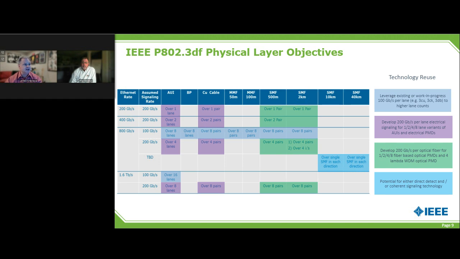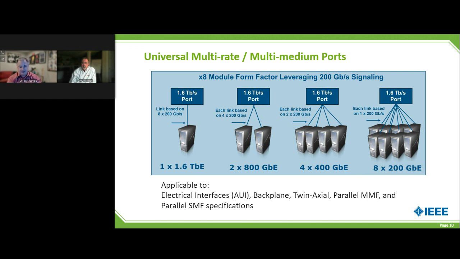But what's happened in the industry is this concept called breakout. So remember, I said we're going to focus in on the 200 gig signaling, and we're going to look at, okay, yep, I have 8 lanes. So imagine you have a port on a box. Don't think of it as an Ethernet port of a single rate. Think of it as a universal port that can support multiple mediums and multiple Ethernet rates. And what you do is you essentially can split up. Remember, we're talking about a lot of parallel media, right? So 8 parallel fibers, in each direction.